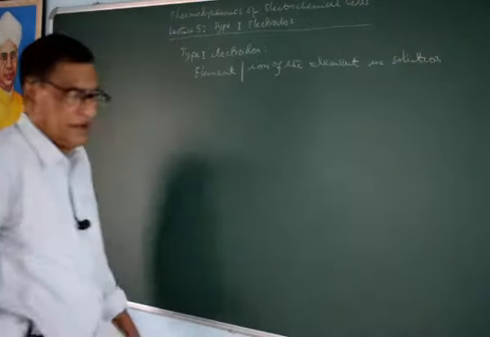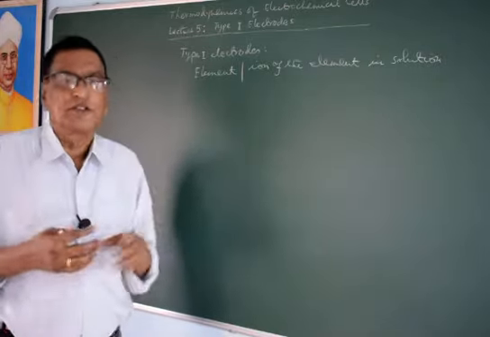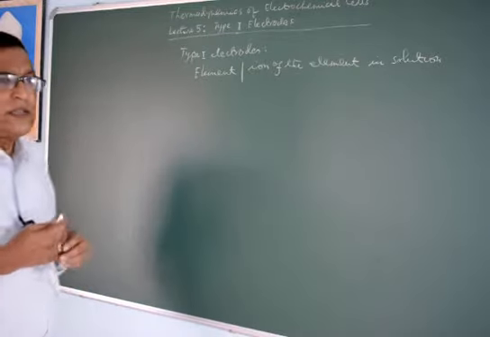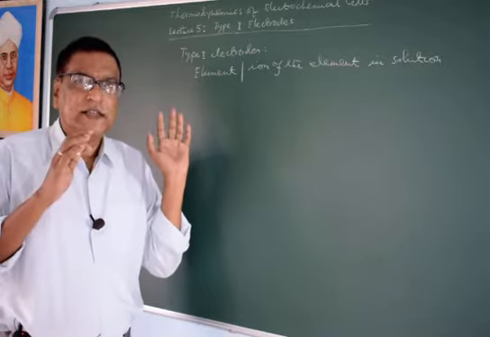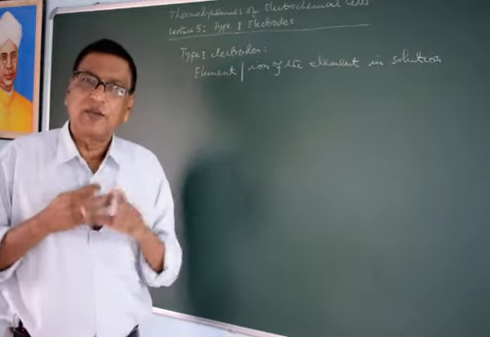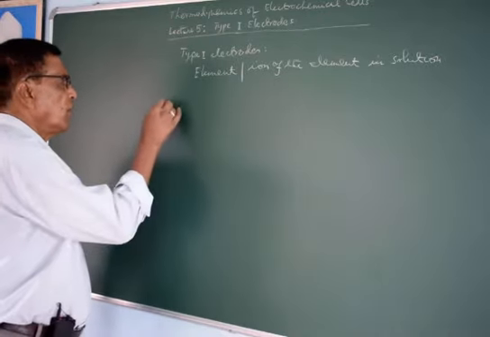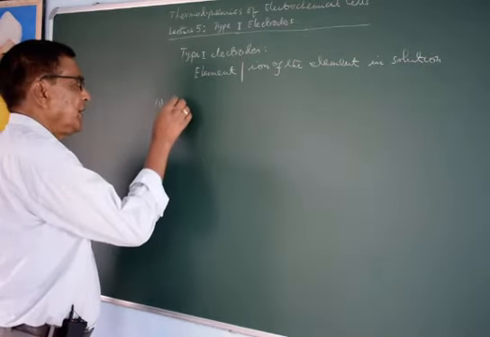The element remains in contact with its ions, which are in solution. This type of electrode has different forms, and one form I can write here, the metal, metal ion electrodes,